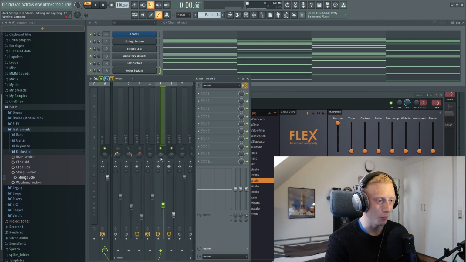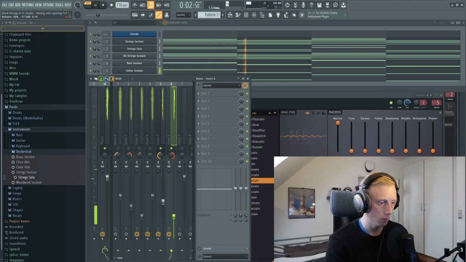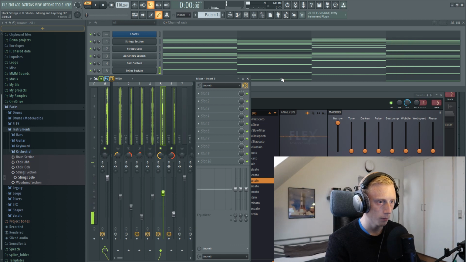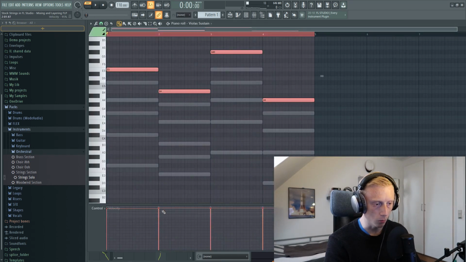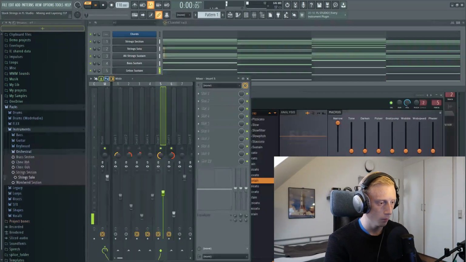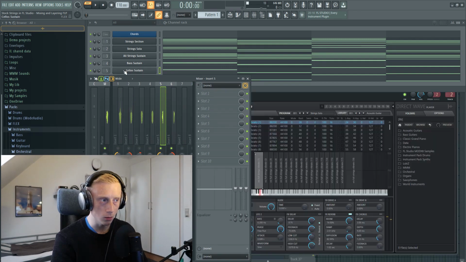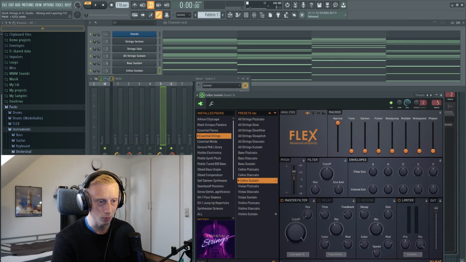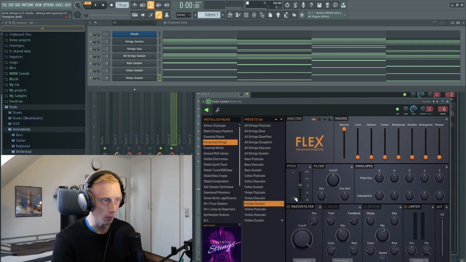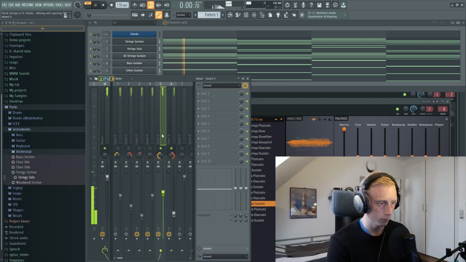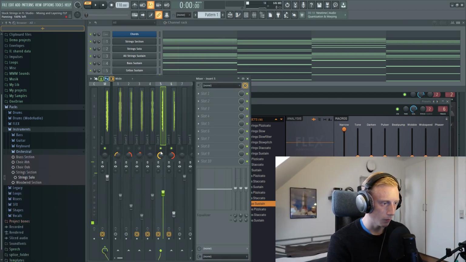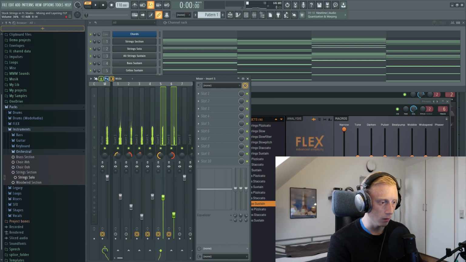Okay, so now we want to pan one of them left and one of them right, just like this. And we want them to be the same volume. Approximately right here. But what we want to do now is to go into the cello and turn the pitch 1200 cents up. And we want to do the same to the violin. And now when we mix them in with the rest,